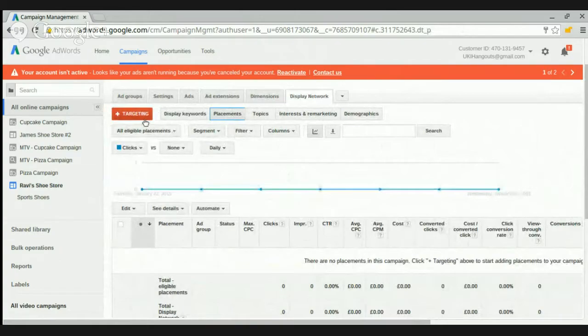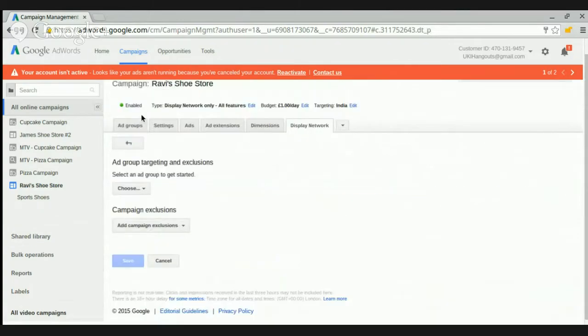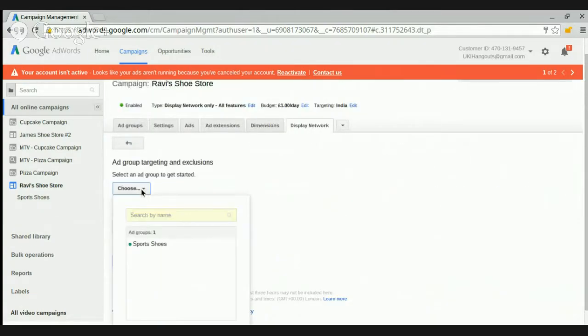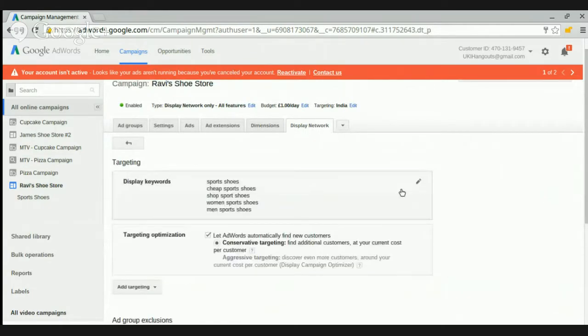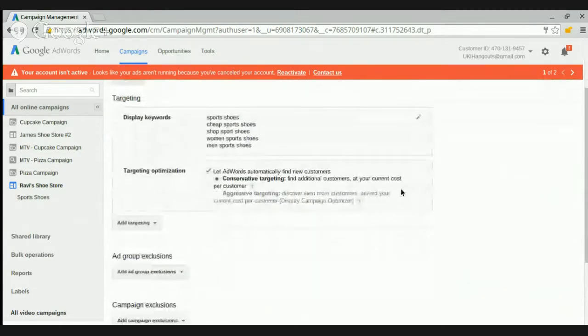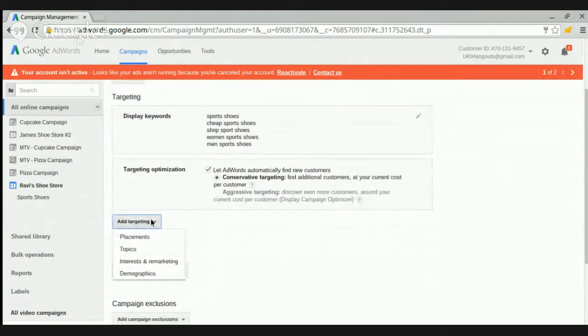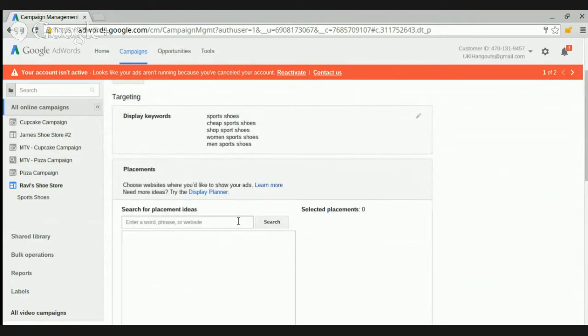Click on Placements and then on Plus Targeting. As always, click on the ad group that you would want to add the targeting to. Now, under Targeting, click on Add Targeting and then on Placements. Over here, let's go ahead and add sports shoes